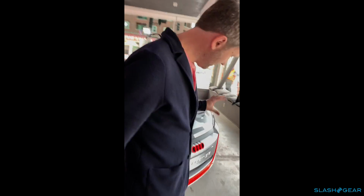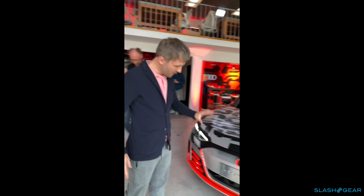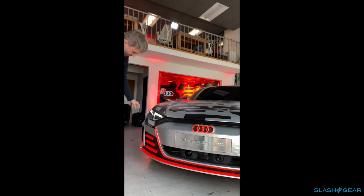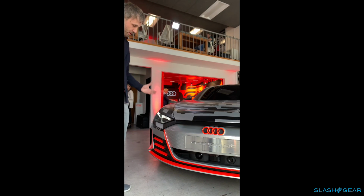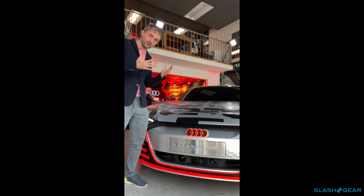Nice. And usually you would say it's always the front which is the most difficult part to design on a car, because you have sensors, you have pedestrian shock, you have air intake. Let's have a visit. As usual, it's a difficult thing to design, because you have many sensors here, you have air intakes, you have to take air in, you have to create a good way on the pedestrian shock,